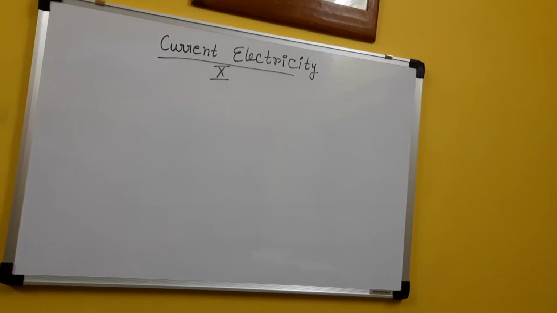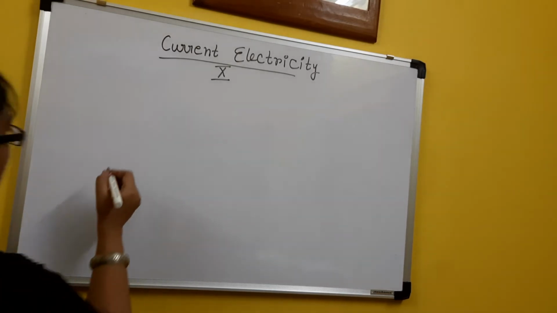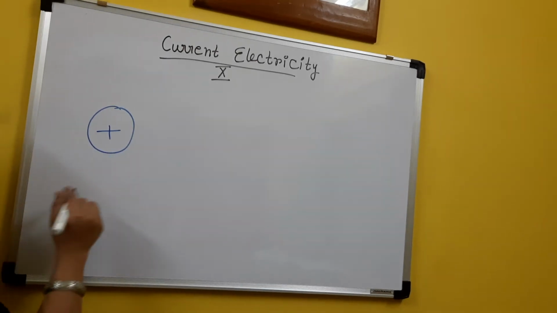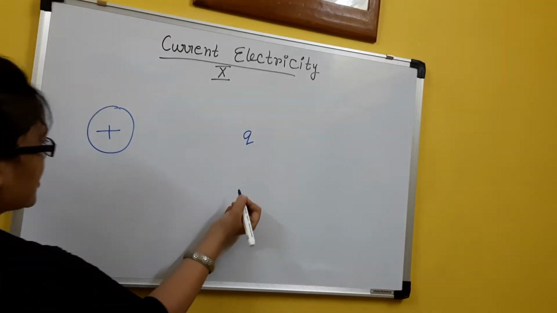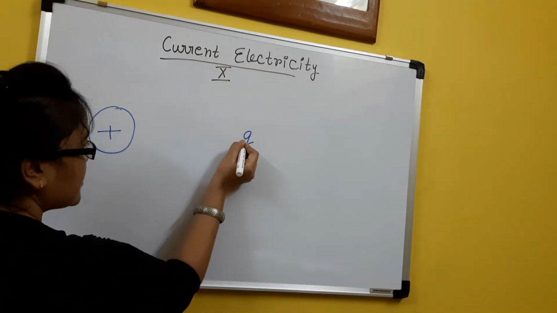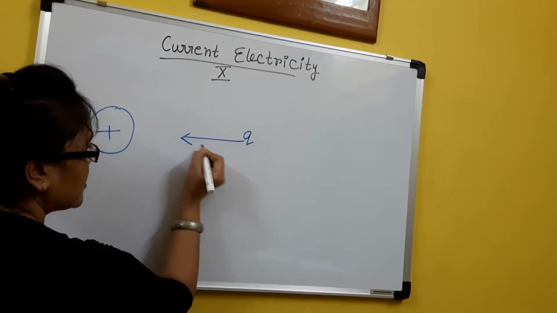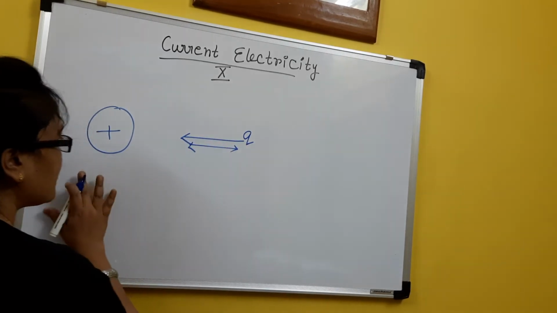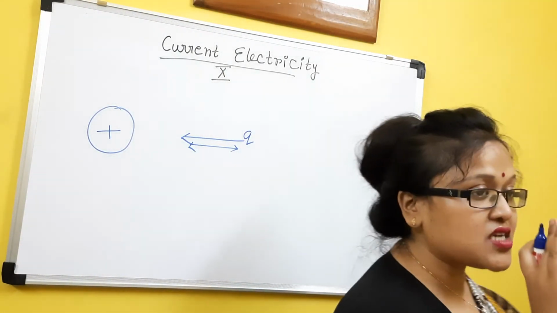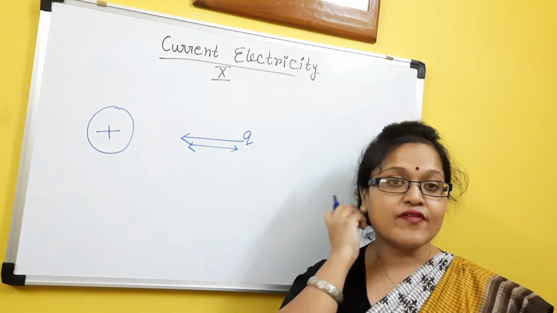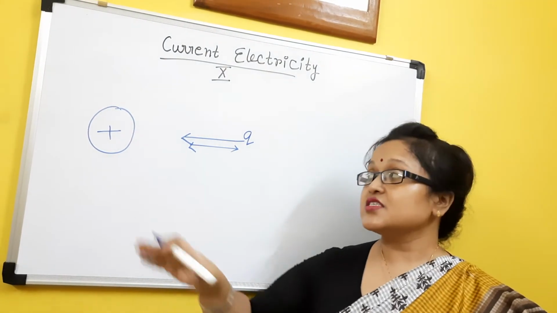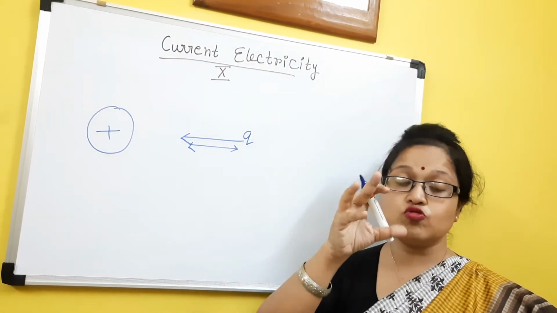So if I am going for the concept of potential, suppose we are having a positively charged body. This is a highly positively charged object. Now I am taking a small charge q. I want to keep my charge here, so I need to bring this charge from here to here. This much distance I need to cover. The problem is that surrounding that charge there should be an electric field. Clear? Depending on the nature of the charge, there will be an electric field. Means this charge already has a huge electric field.